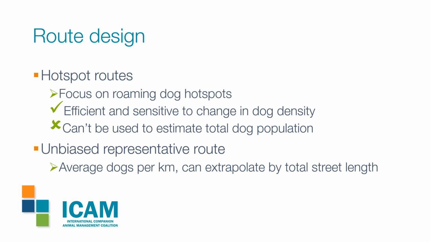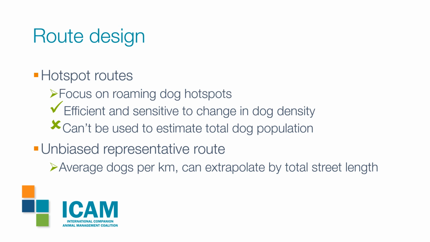So one alternative way to design your route is to create what we're calling a hotspot route. You need knowledge of how dogs cluster in your location. So ask people locally, where are the hotspots for roaming dogs? And they'll show you graveyards and bus depots and parks and so on. Then you create a route that travels from hotspot to hotspot in the most efficient way. This should create a route that is the most sensitive to changes in your dog population, because it allows you to observe the highest proportion of the roaming dogs within your limited survey window.